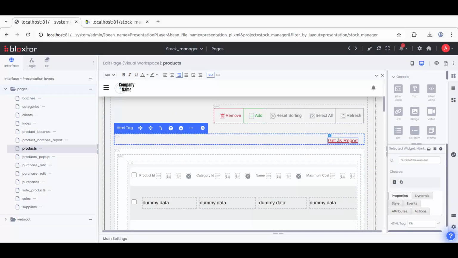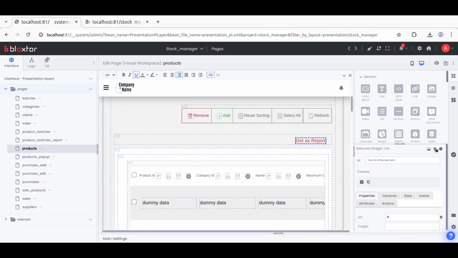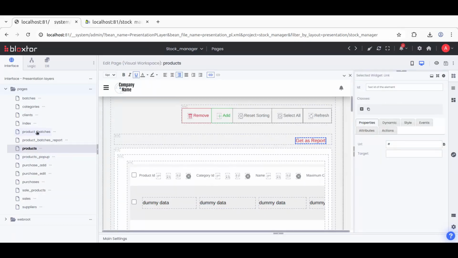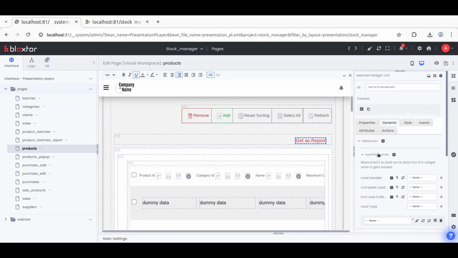and this link will be get as report. And basically what this will do, this will trigger, instead of calling another page, that was what we did with the product batches, I want this to trigger directly the load resource that is in here. So in here I need to create a resource